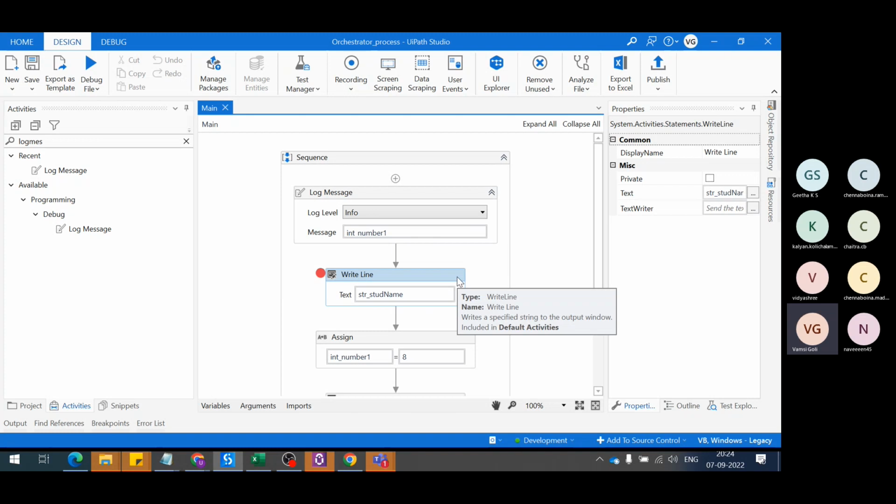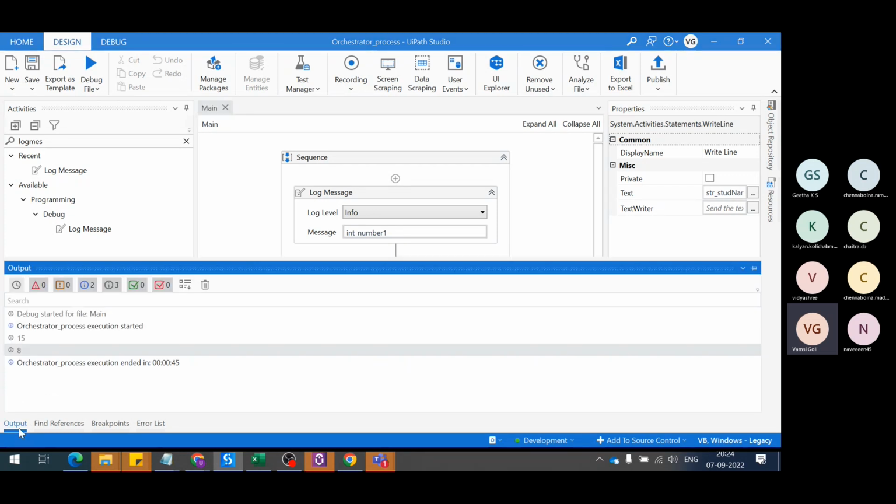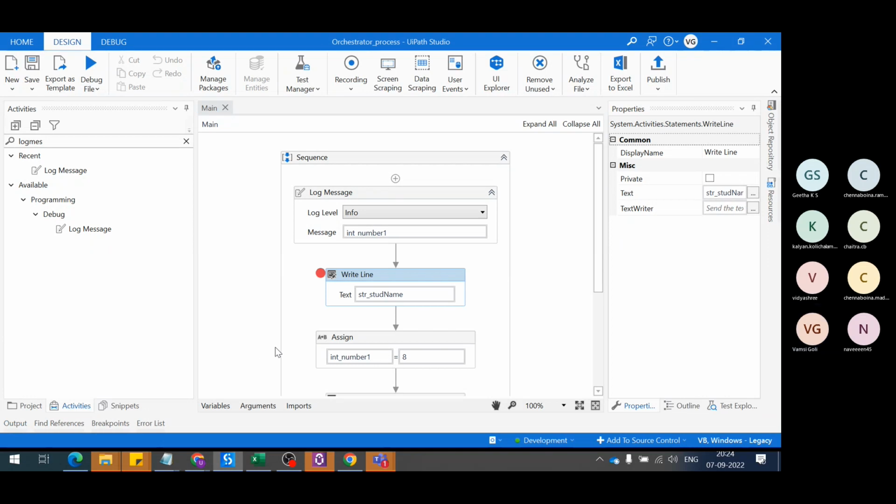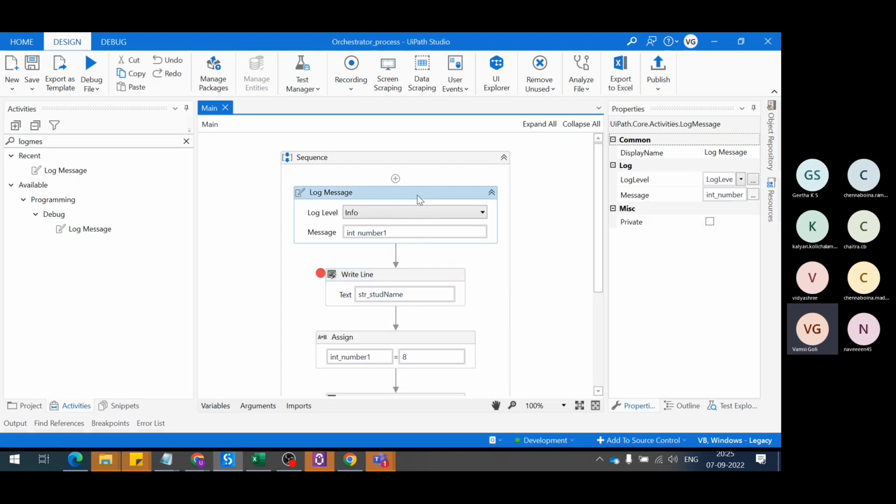And the default value, it will automatically convert to a string, which is 0. So that integer value, UiPath is converting to a string, which is again displaying you as 0 in the output. So that ToString is converting 0 to a string value, which is not an integer, it's a string. And again, like I said, in ideal real-time scenarios, we would never use write line. We would always use log message activity in our